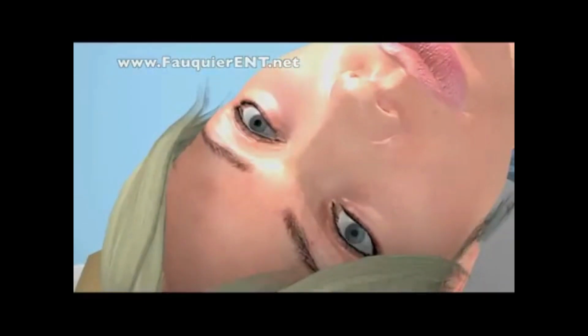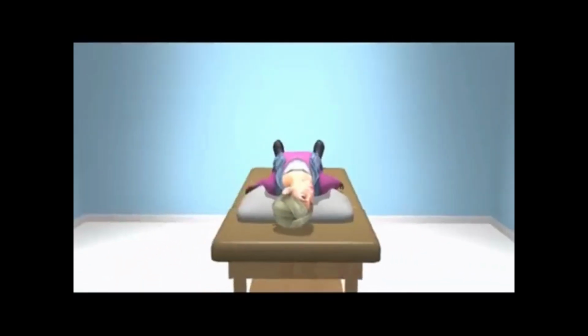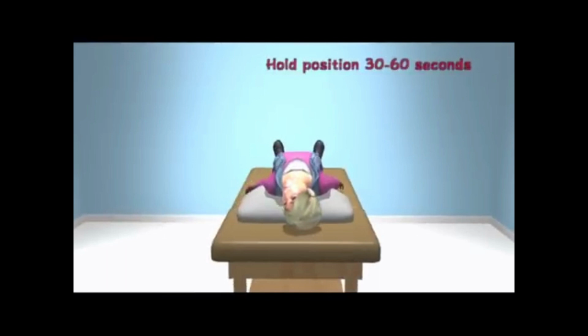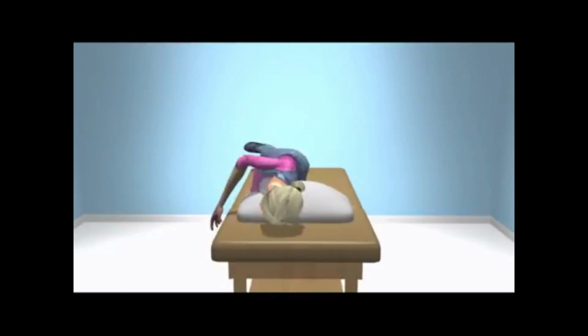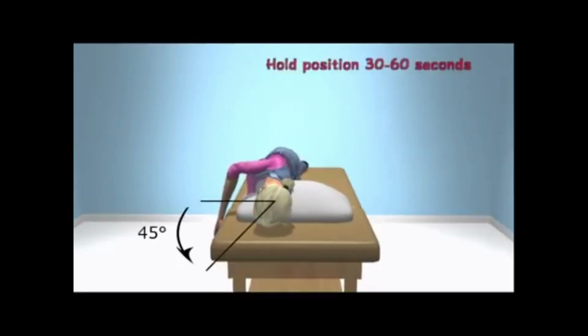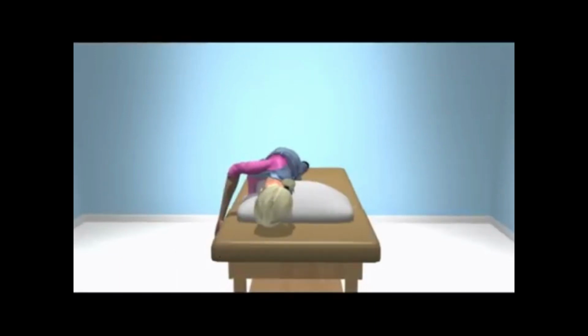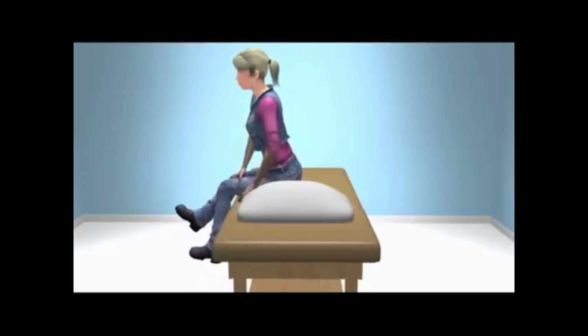After 30 to 60 seconds, the head is turned 90 degrees to the opposite side and held for another 30 to 60 seconds. The head is then further rotated another 90 degrees, accomplished by having the patient turn onto their side, which is then held for another 30 to 60 seconds. At this point, the head should be turned 45 degrees from the horizontal. When performing this maneuver, another individual can help with these position changes. The maneuver is then completed by having the patient sit up.